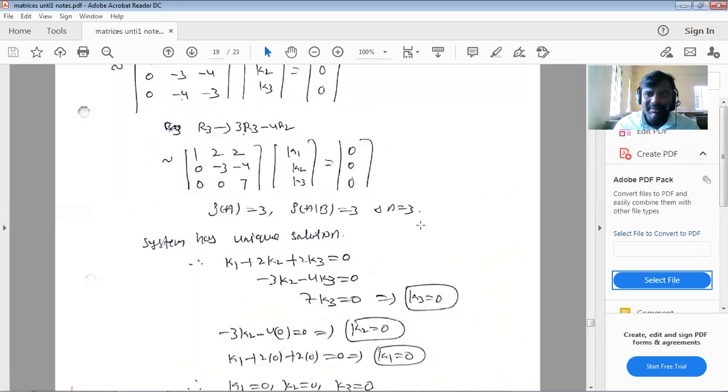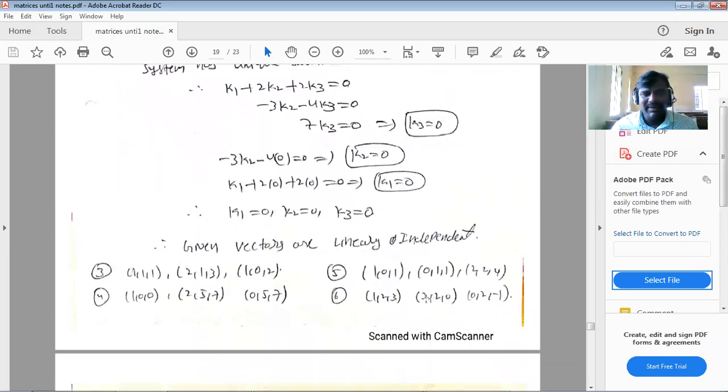But this says only dependent or independent. We cannot find a relation. How to find the relation? With the help of these conditions only, we can find the relation here. By the shortcut method, we can say linear dependent or independent using the rank of A compared with the number of vectors. But if you are asking for the relation, we have to do this method only. This is the way to find linearly dependent and independent vectors.